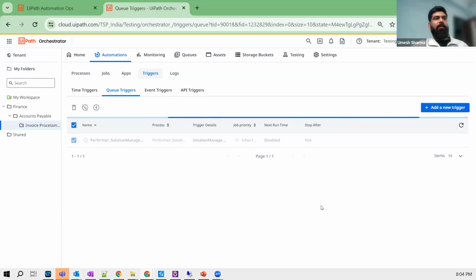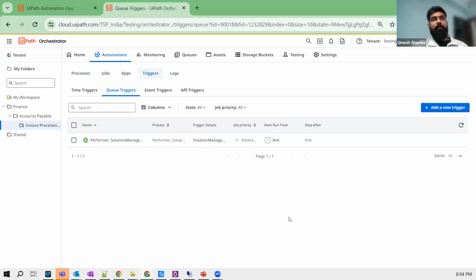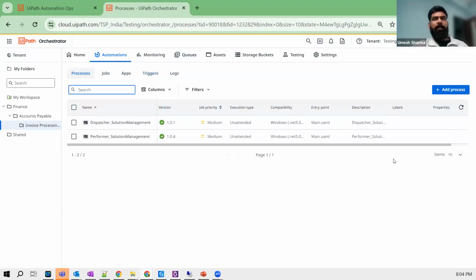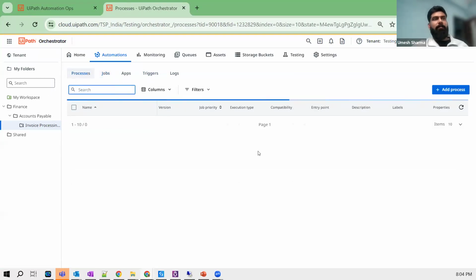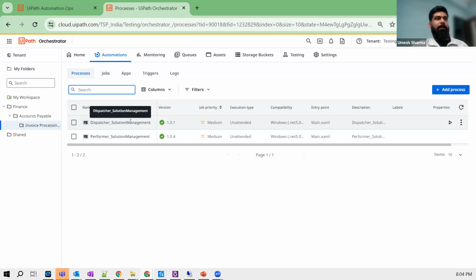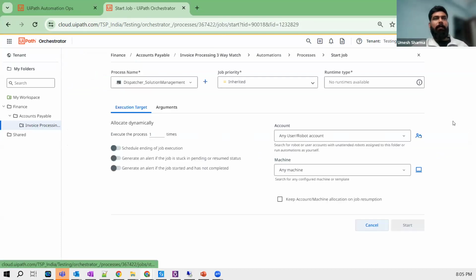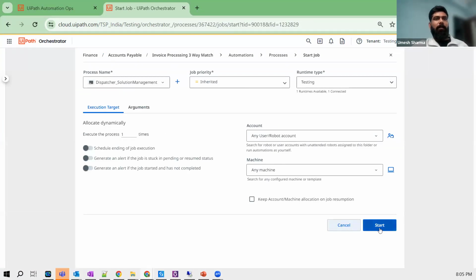That means once the dispatcher bot runs and we have a queue item available in the queue, the performer bot should run by itself. So with a very minimum number of steps, we can migrate a solution component and it can run by itself, right? As a next step, I'll just go ahead and run the dispatcher bot,